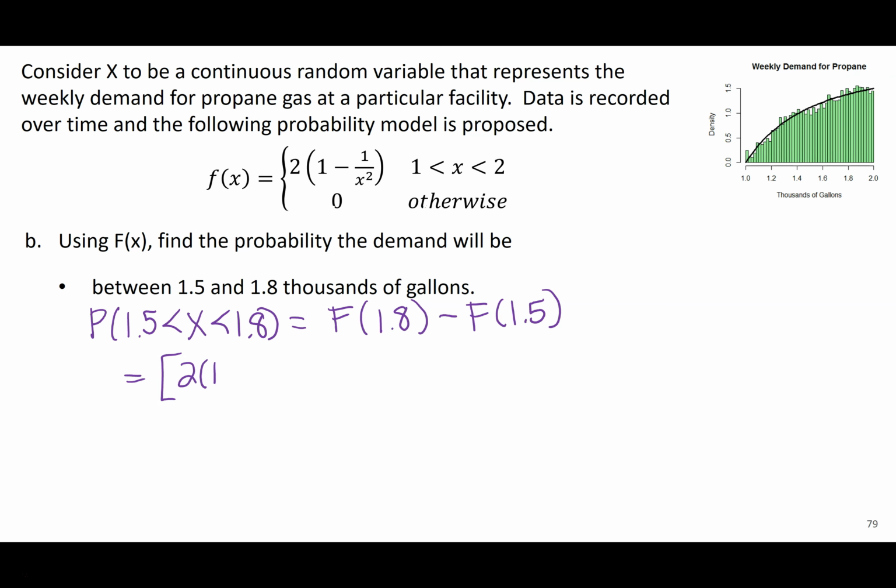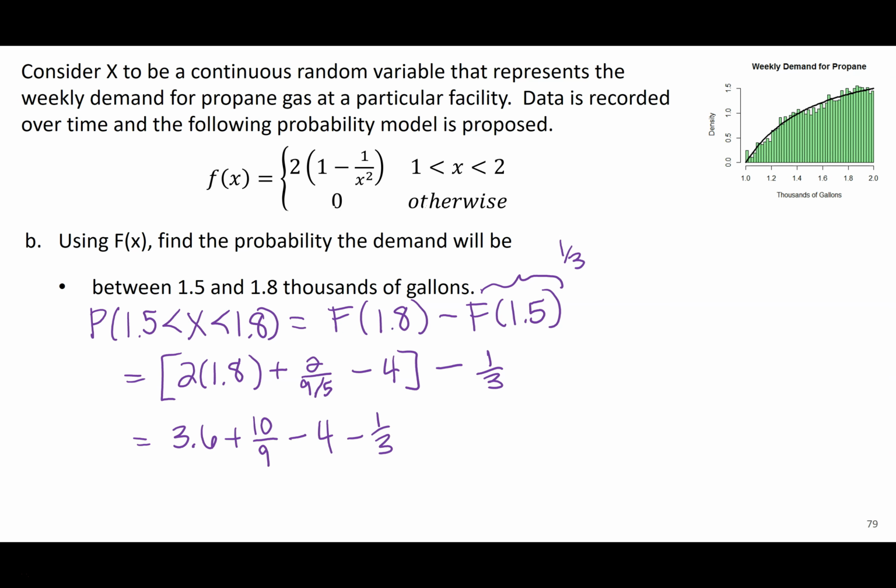It's going to be 2 times 1.8 plus 2 over 1.8, which is 10/9, I do that because it's easier for me to look at fractions that way, minus 4, minus, recall this part was 1/3, minus 1/3. So I end up getting 3.6 plus 10/9 minus 4 minus 1/3. I'm just trying to keep thirds together, keep tenths together, something like negative 0.4